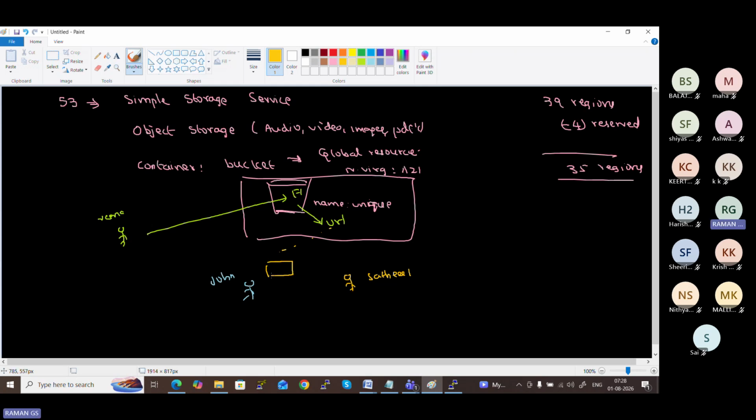What John and Satish need is a system that supports a web browser. That is enough. They need not have a cloud account. They need not connect with the cloud to access the particular file. Straight away, using this URL in a web browser, they can paste the URL. If they have access permissions, they can access the file. The file can be any file, audio, video, images, or any file.